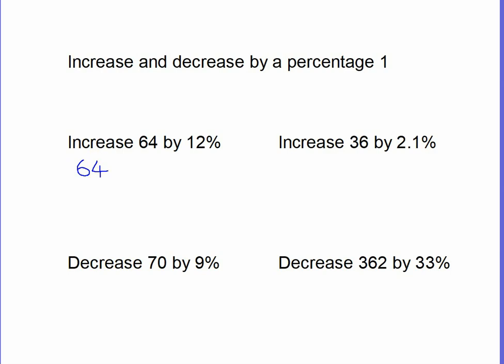So we always start with what we're increasing, and it's called a percentage multiplier because we always multiply. Now if we think of 64 being 100%, when we add on 12%, we now get 112%. That's basically what the question says, work out 112% of 64. A percent means per 100, so divided by 100, which is the same as 1.12. So if I times something by 1, it obviously stays the same. If I times something by bigger than 1, it gets larger. So we want to make it bigger by 12%. So if I just go ahead and do that, I get